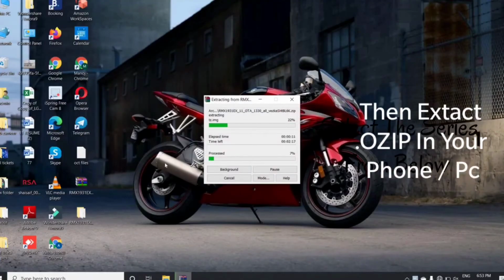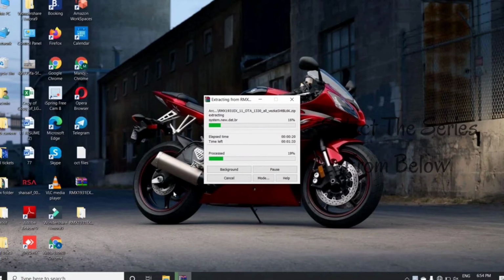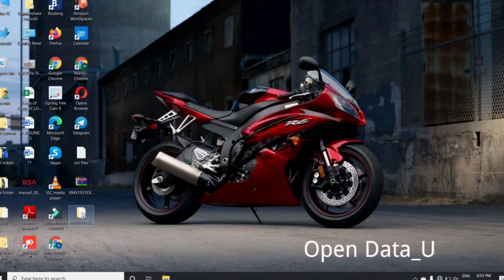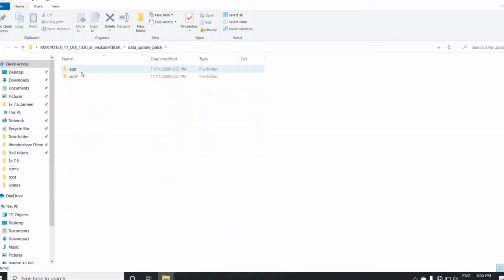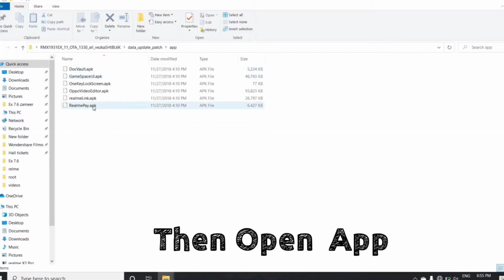I'm extracting on my PC, but you can also extract on your mobile phone. The size of the file is 3 GB, so it might take some time, so do not worry about that. If you are extracting on your phone, then it might take even more time, so do not worry about that. After extraction, open the extracted folder and open data, updated, patch, in which open app. You will find